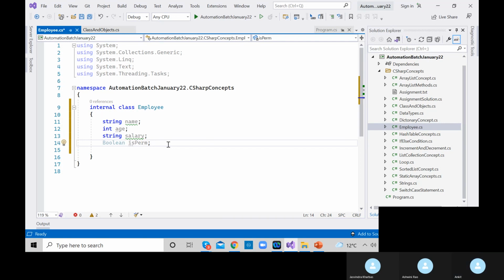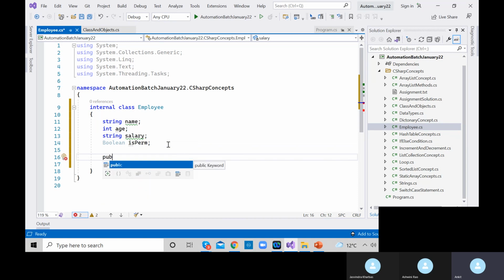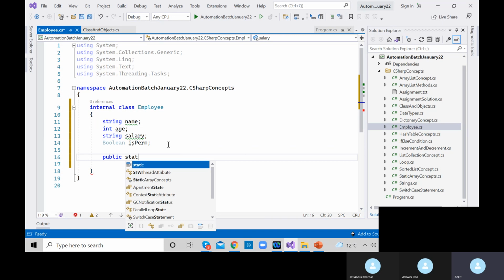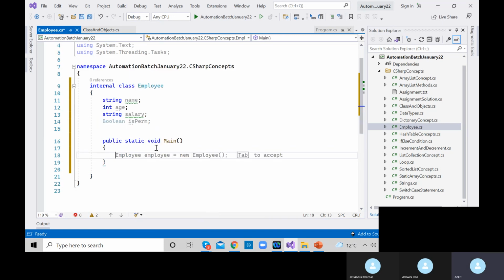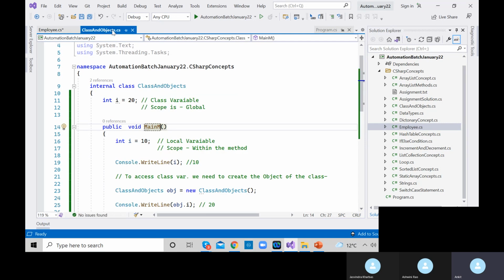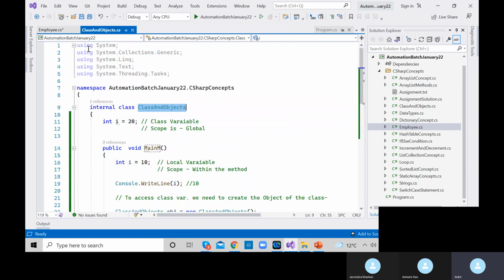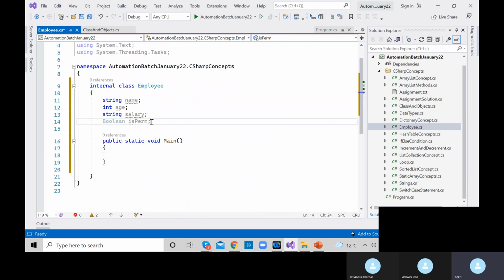Now, if you need to access these, then you need a main method, public static void main. The IntelliSense is already showing employee equals new Employee. You just need to click tab. This is how Visual Studio is beautifully designed. If you want to access these variables, name, age, salary, as I explained in the previous class, I need to create the object of this class. Similarly, to access these templates or properties,